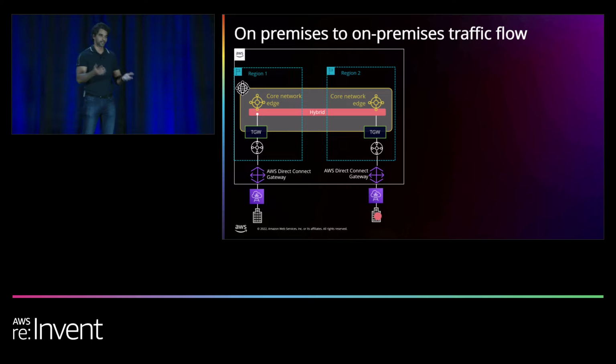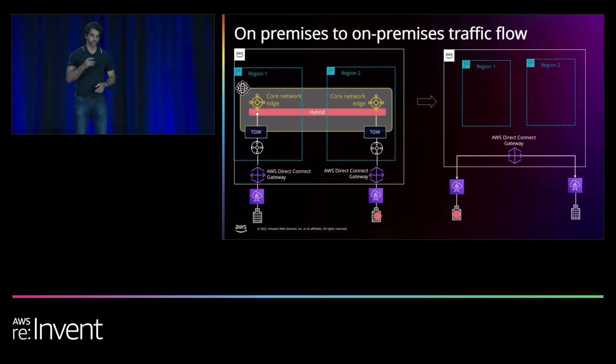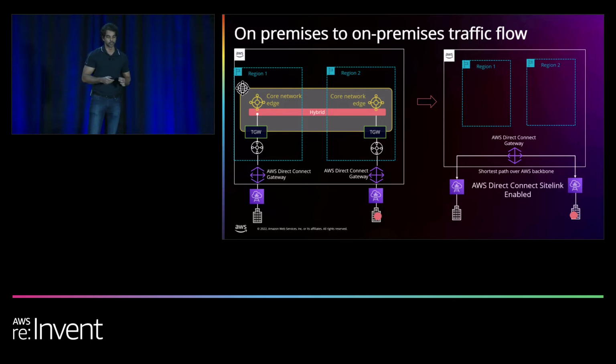Now, unless you have a specific reason for sending traffic up to 2 regions, like traffic manipulation or inspection, this adds latency and cost. A better way is to use Direct Connect infrastructure and send the traffic from your data center to another data center using the shortest path first. And this is exactly what SiteLink enables. Here, there is no regional dependency, right? The traffic is sent using our AWS border network and backbone directly between your data centers.